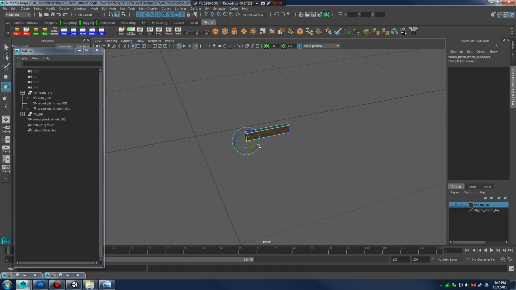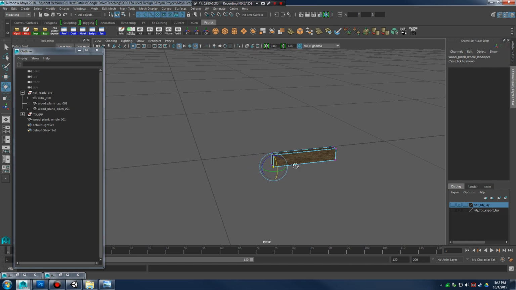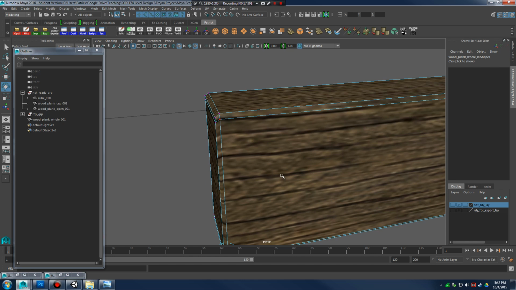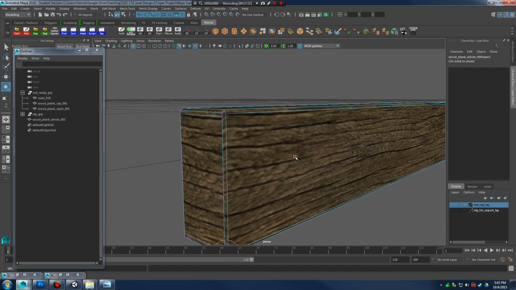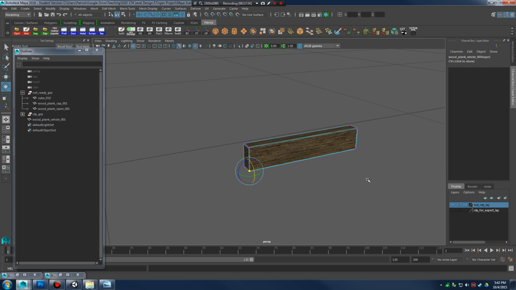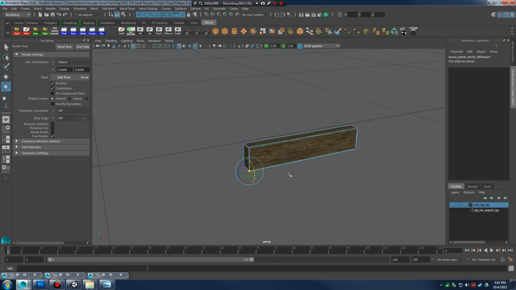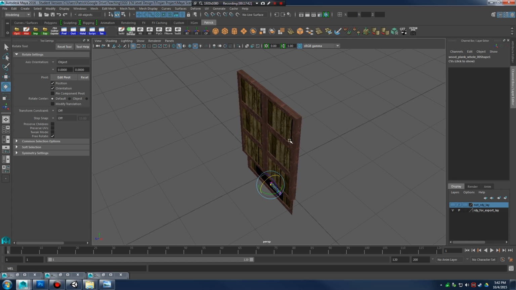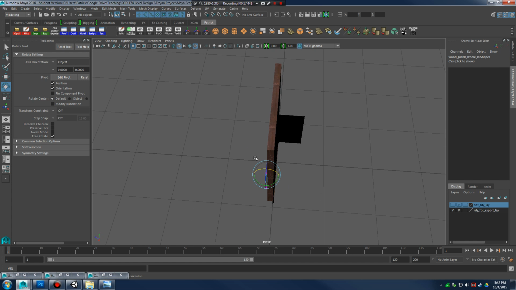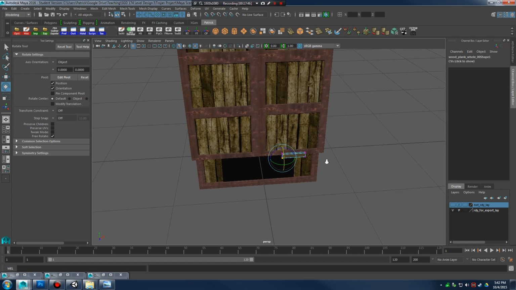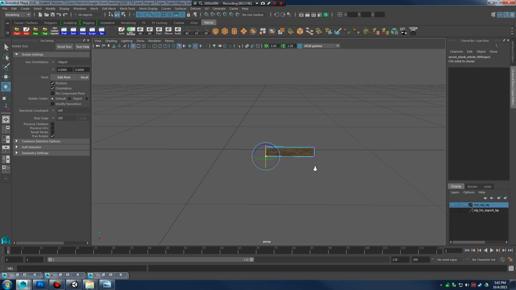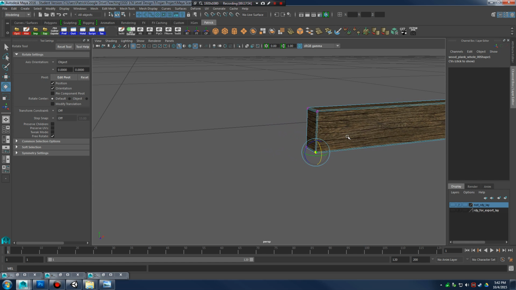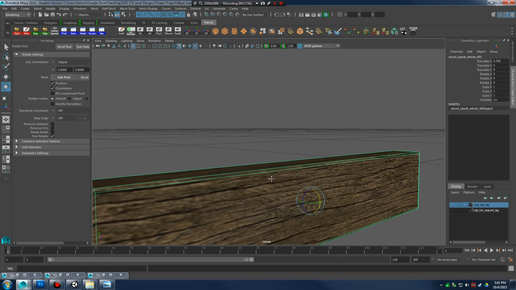So the thing I have to think about now is where am I going to put the pivot points on these beveled pieces of wood? They don't exactly have just one vertex in the corner here. They have a few here. All right. So I need to figure out what way we're facing. So I'm going to make my ready visible again. So we're facing this way, going towards this way. So I got my origin of my window here. I think I'm going to make the pivot point of this block of wood